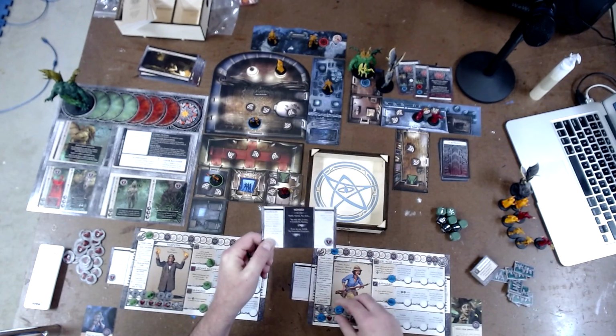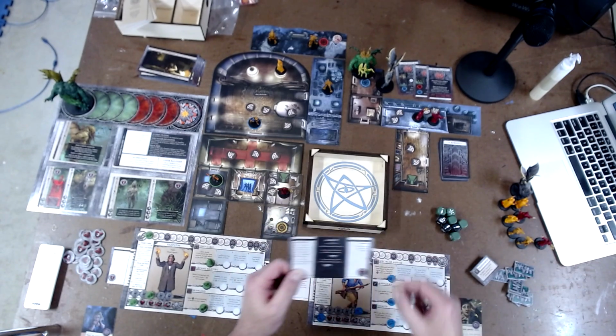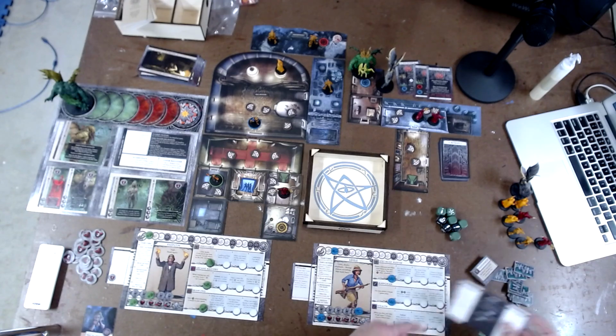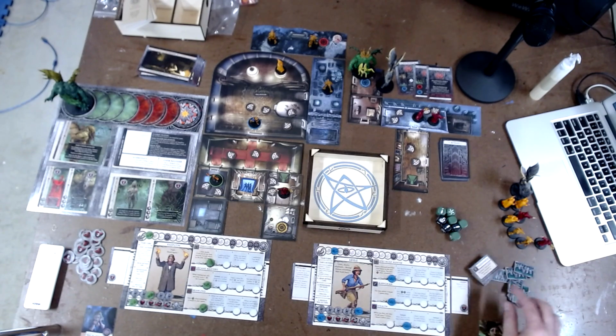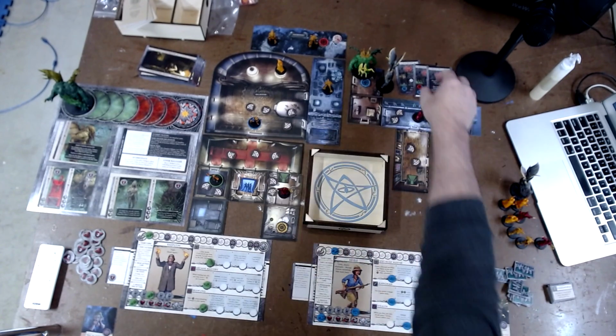So I will take the 2 stress to get the monkey. While you have it, gain 1 level of stealth. So she is now at level 2 stealth with the monkey, and the monkey has 1 health. All right. And she is at full stress, which is not good. But that was her turn. She sent him up. She drew, oh yeah,